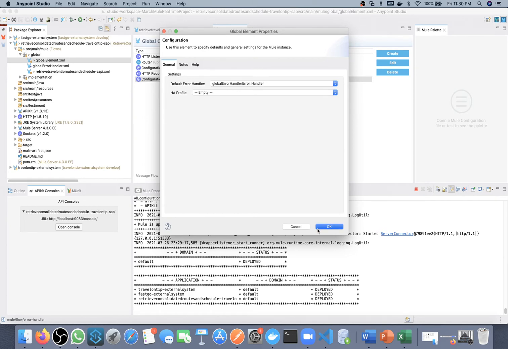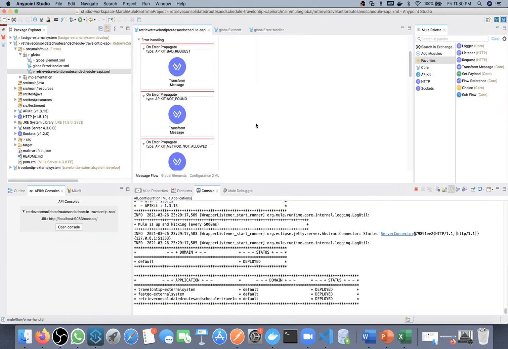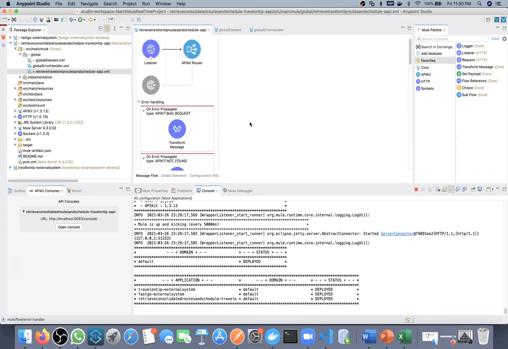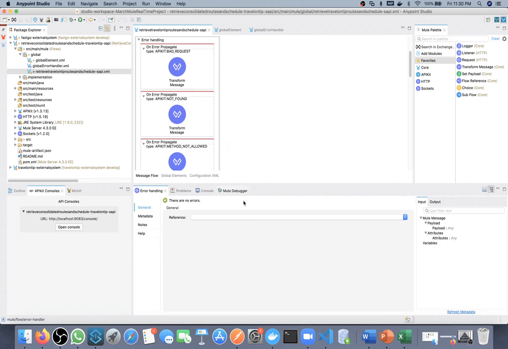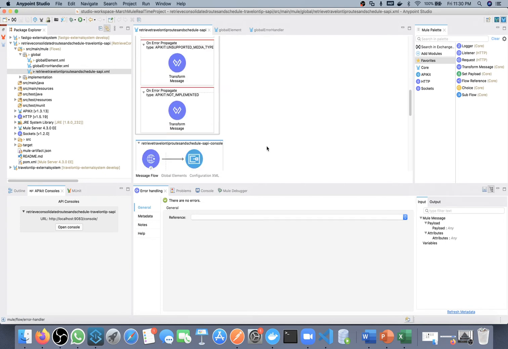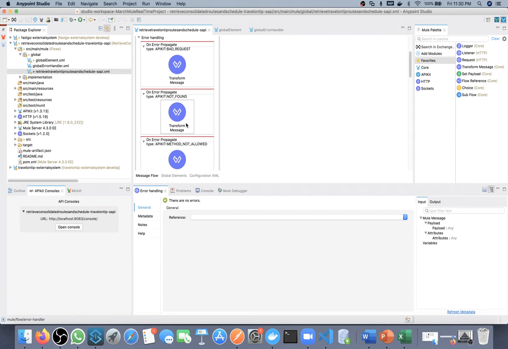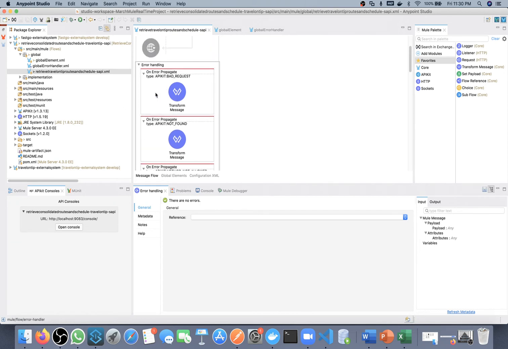Okay, till this point everything is fine and your deployment will be successful. Now if you remember, I configured one reference but I removed it. Actually, till this point this one is not required. Now when is this reference required? It is required when you want to move this default error handler that I got